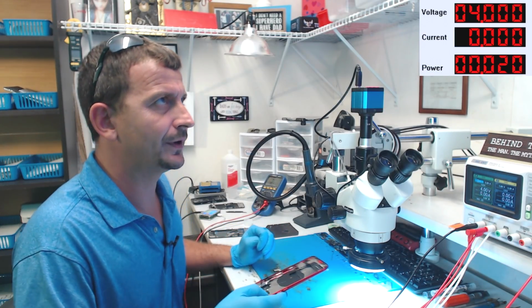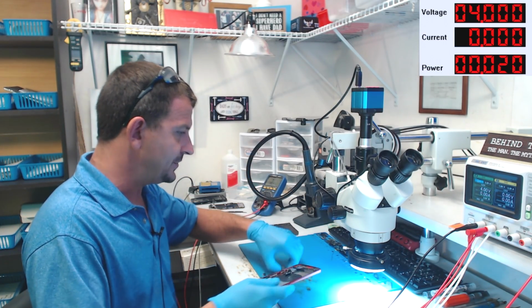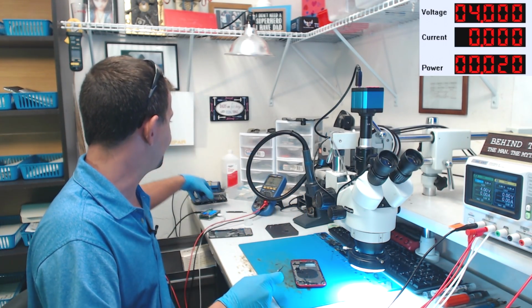This guy is really, really good with doing his own repairs. So what I'm going to be doing on this one is calling it a logic board repair. I'm going to let him handle the screen assembly and the front flex cable. So